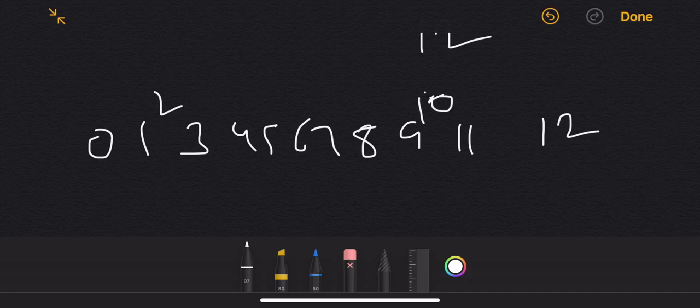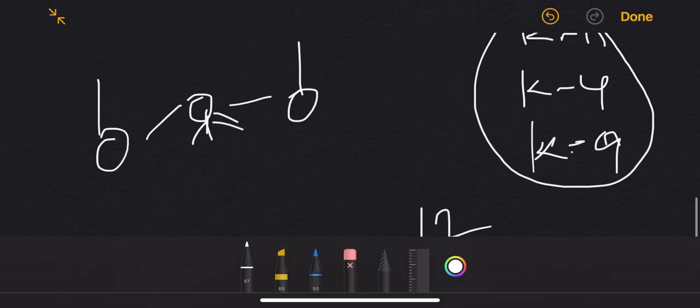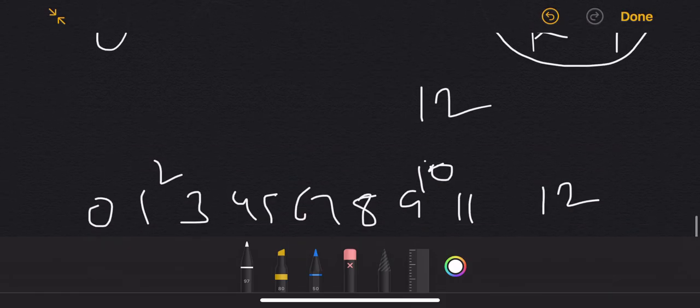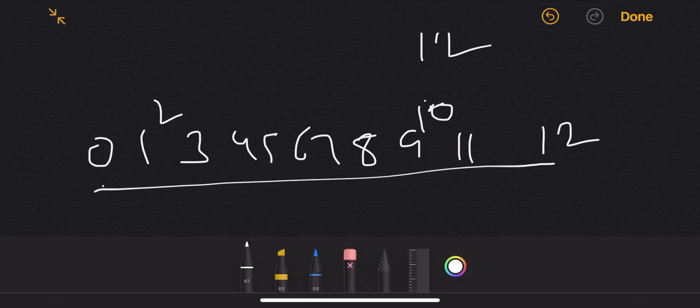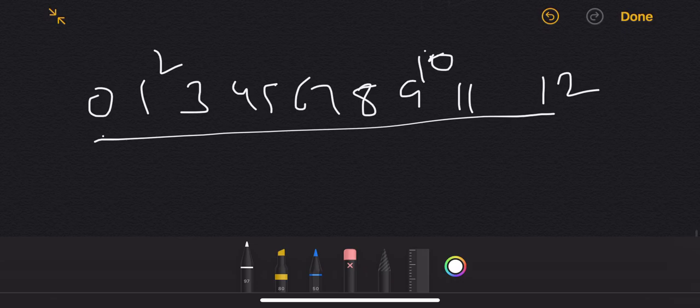So like in the graph situation, we saw the states are only the given nodes that we already got in the problem, but in this case we have to generate the states by ourselves. So if we generate all states for every substate, we will get everything from 0 to 12. Now that we are clear, to get the minimum split of 12, we have to see 12 minus 1 is 11, 12 minus 4 is 8, and 12 minus 9 is 3. So we have to see which of these lead to 12 with the minimum number of hops.